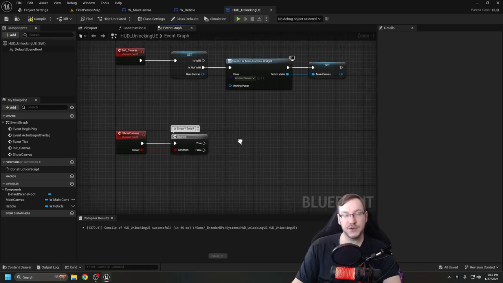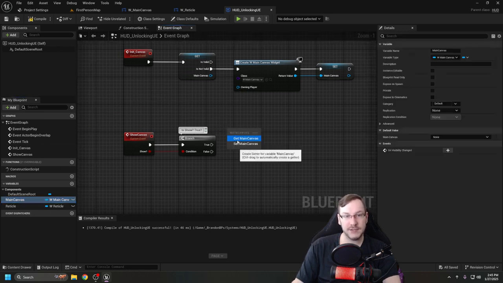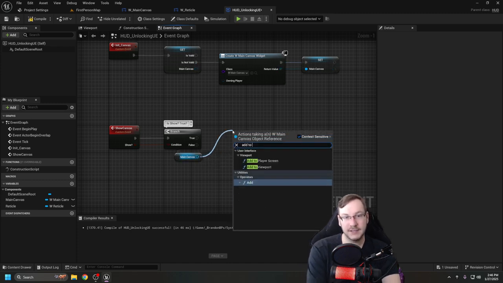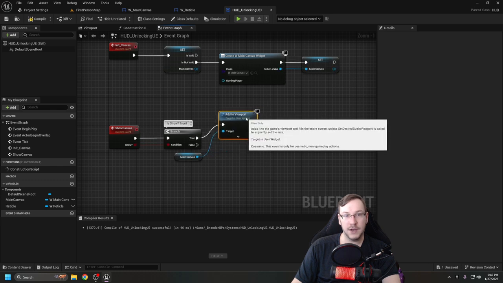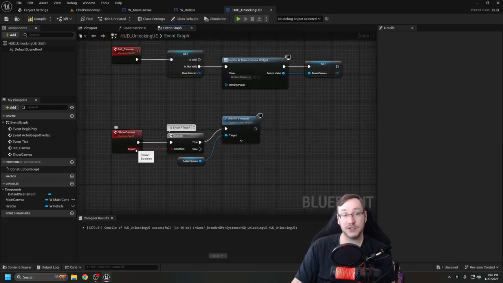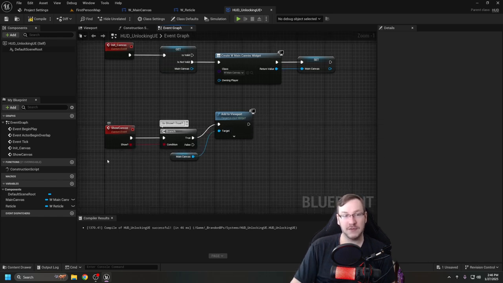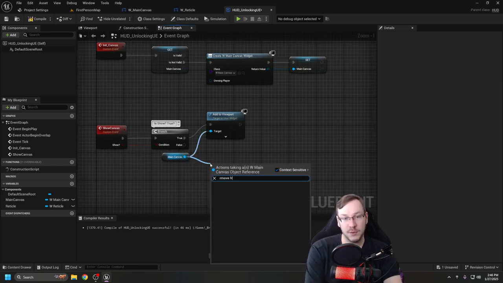If show is true, that means we want it to display on the screen. So we're going to get a reference to our main canvas, and we're going to pull out of the main canvas reference, and we're just going to hit add to viewport, and that will be for true. So whenever we call show canvas, if we mark it as true, then what we're going to do is add it to the viewport. However, if we call show canvas and we set show to false, we want to remove